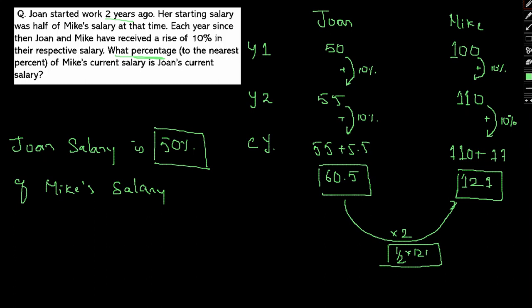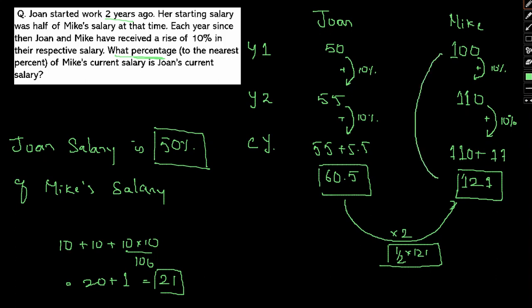This was a very good question, as in all you had to know was the direct approach to solving the same. This could also have been done by using the successive percentage change as well. So we have 10% plus 10% plus 10 into 10 by 100. We could have used that as well simply. That is what we have, 20 plus 1. So had we increased 21% in both these cases, we could have gotten the answer. As you can see, 100 to 121, we can see a rise of 21%, and similarly 50 to 60.5, 1% of 50 is 0.5, 20% of 50 is 10, so 60.5.